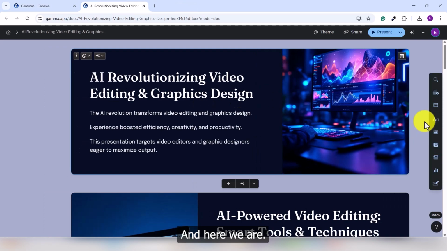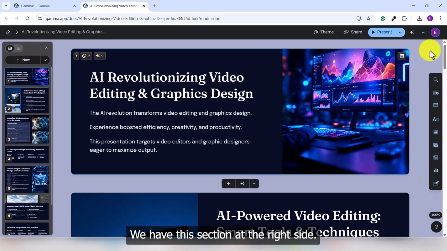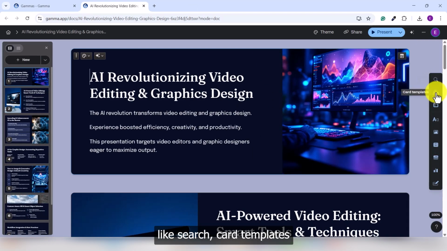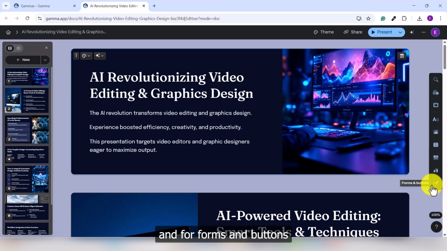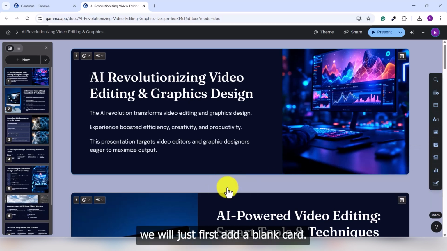And here we are. We have this section at the right side. We have options like search, card templates, smart layouts, basic blocks, images, videos, embed apps and web apps, charts and diagrams, and for forms and buttons you can use this one. So for example, we will just first add a blank card,